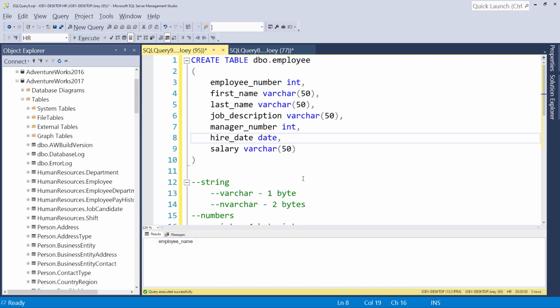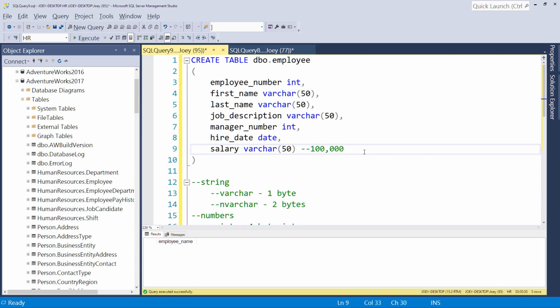So we're just going to put a date as the data type for that column. And finally, we're going to do salary. So the salary, we have to think about the range. You know, how much could somebody possibly make at a job? If somebody made $1 million, that would be a pretty good job, right? If somebody made 100,000, they're doing pretty good too. So we know there'll probably be people around 100,000, and 100,000 we're talking about